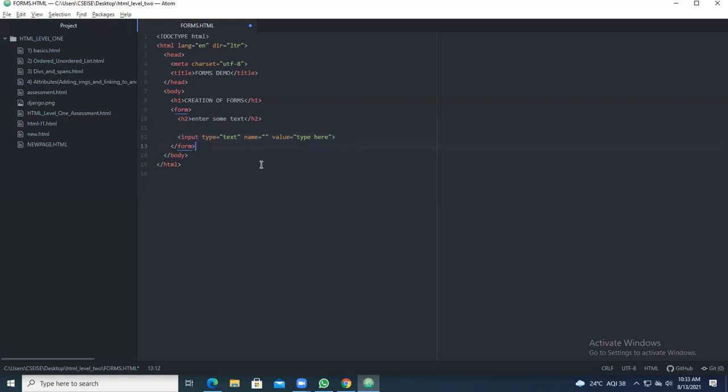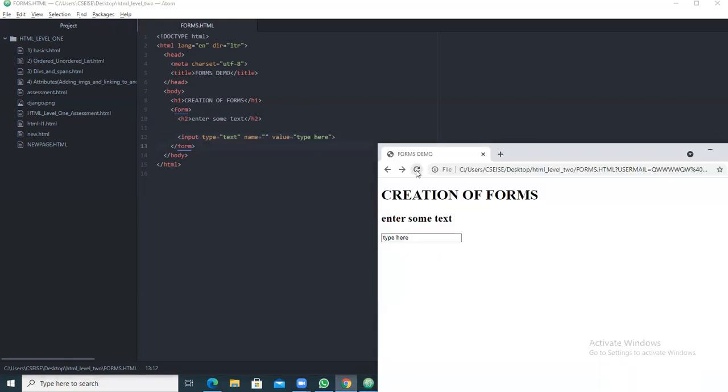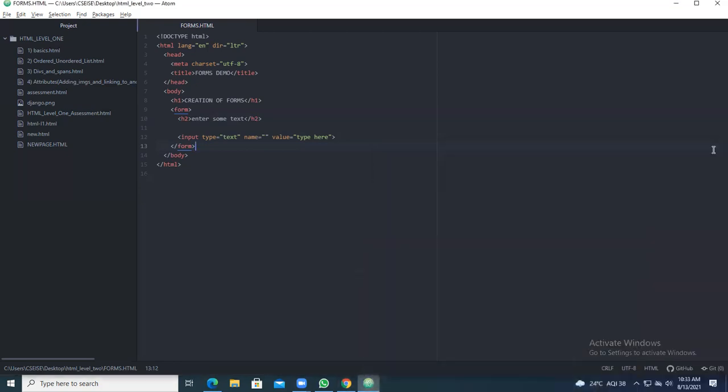This is the next one you are going to give the demo. Run this particular thing. You are getting something called enter some text. You can type anything here. This is the demo of the input tags. The input tags are the form tags for the input. This is the creation of the forms. Understood up to here?